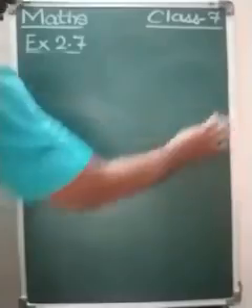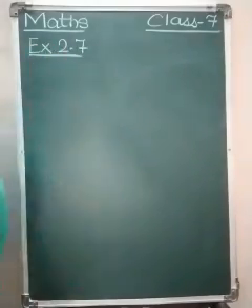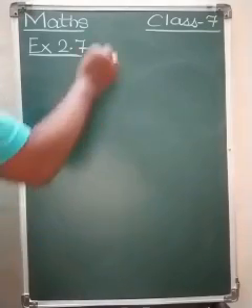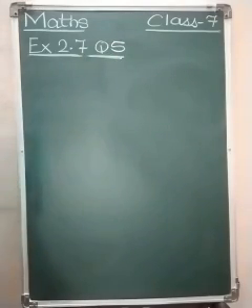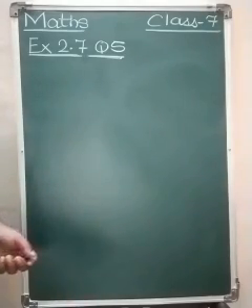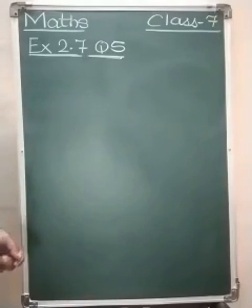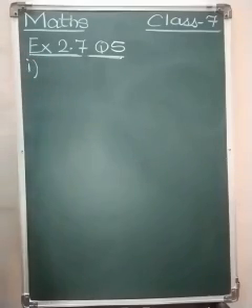The rules are the same, only how to convert that decimal number into a fraction is important. Once it is done, then the rest is very easy. Okay, question number 5. Again it is fine. Now either a whole number is divided by a decimal number, or a decimal number is divided by a decimal number. So the first question is a whole number divided by a decimal number.